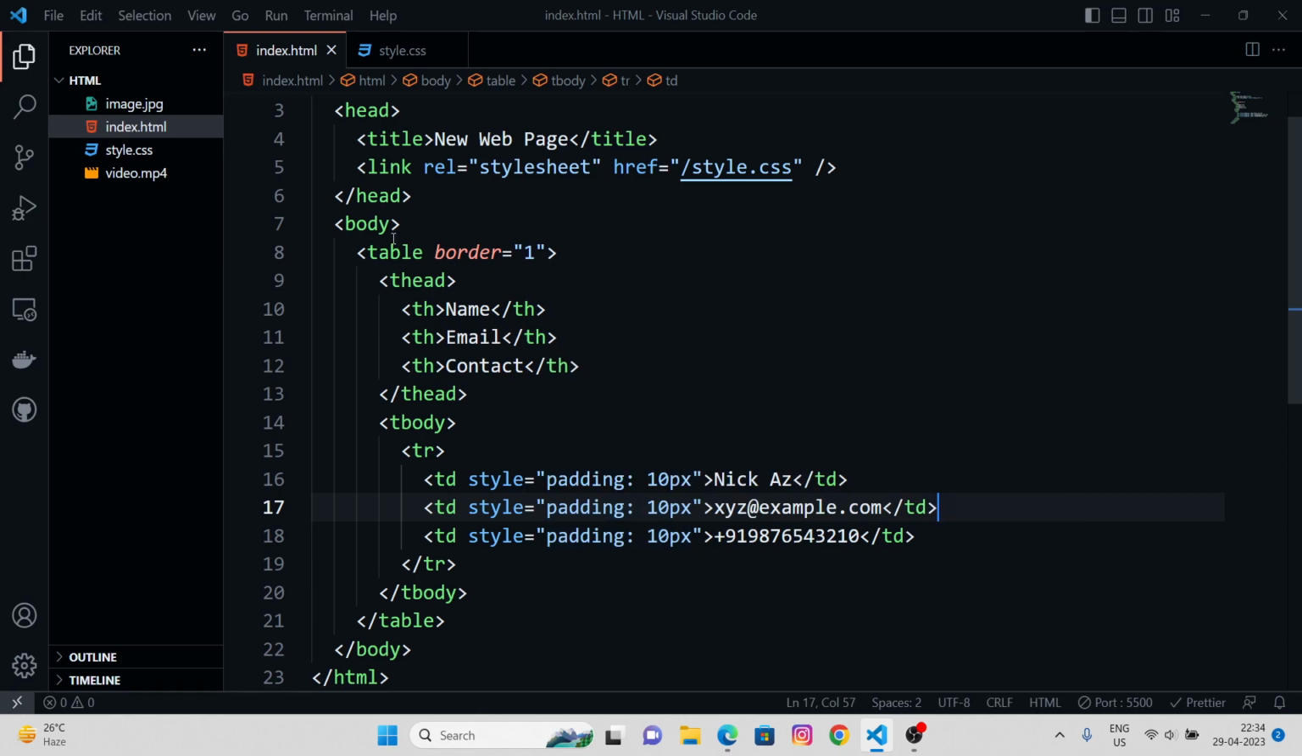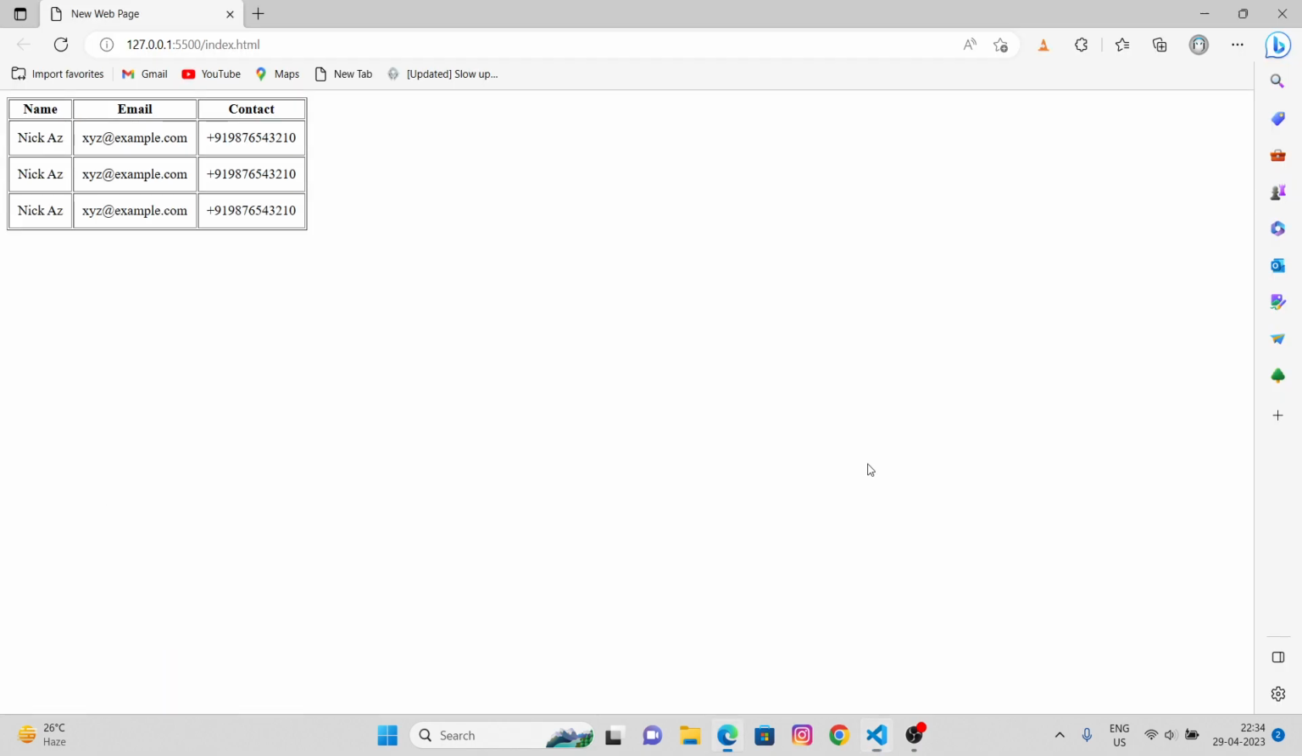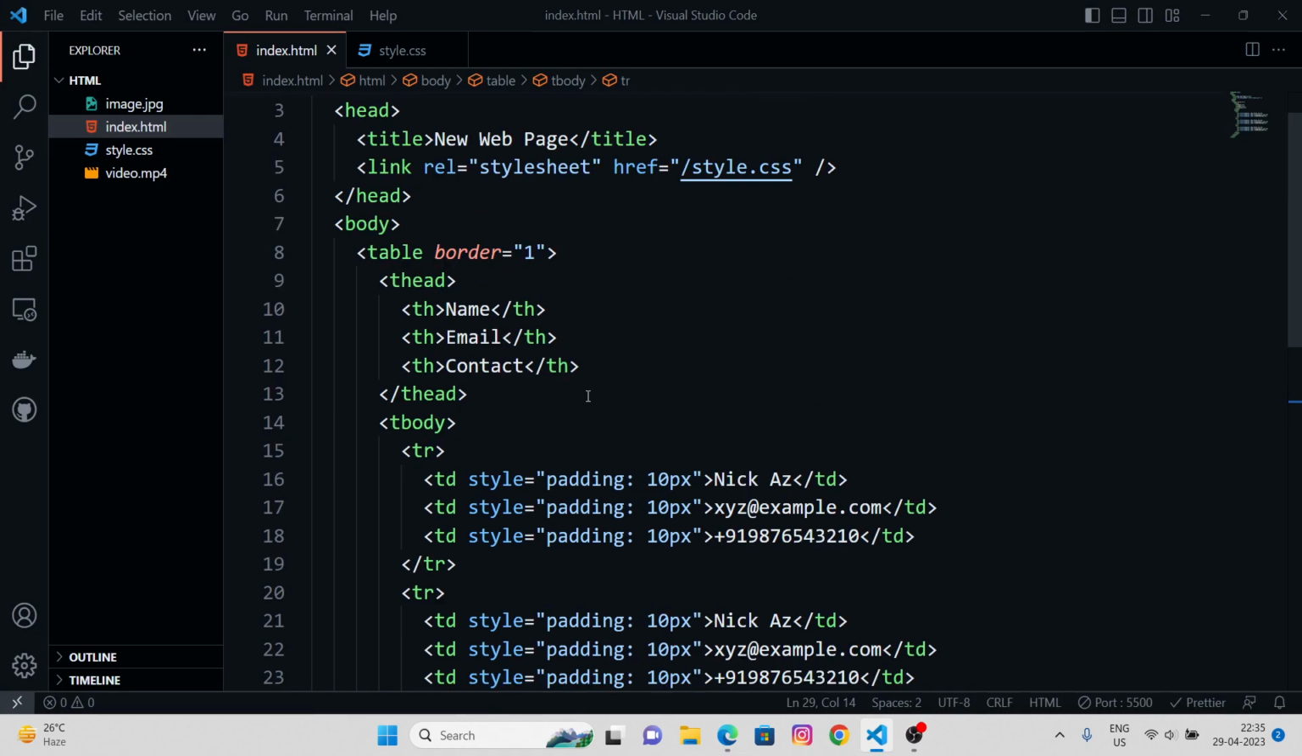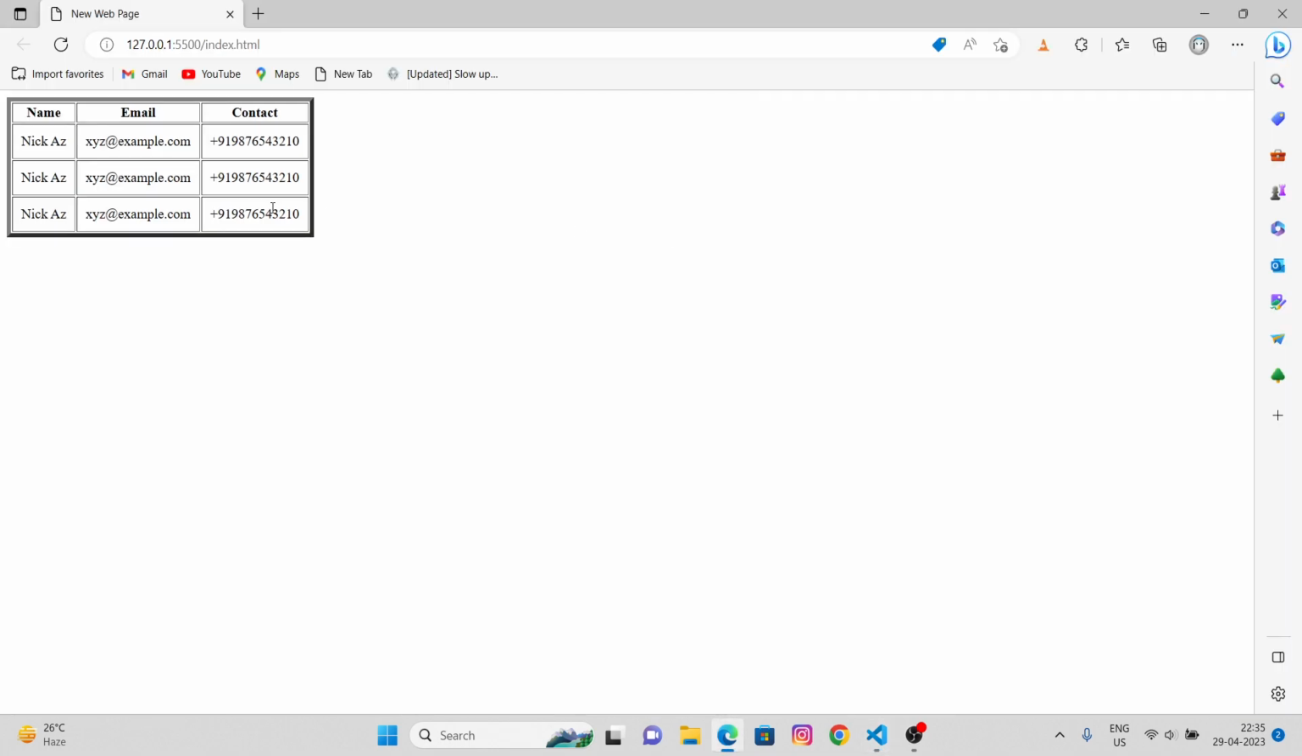This is something we need to do for every entry. As soon as we dive into JavaScript, I'll be telling you how we can automate this using loops. But for the time being, let's use style padding 10 pixels for every data. We can replicate this multiple times, let's say 3 times. So we got 3 entries over here. So entry 1, 2, and 3. This is how we can work with tables. Also, if you increase the number 1 to 5, you would see a thicker border,